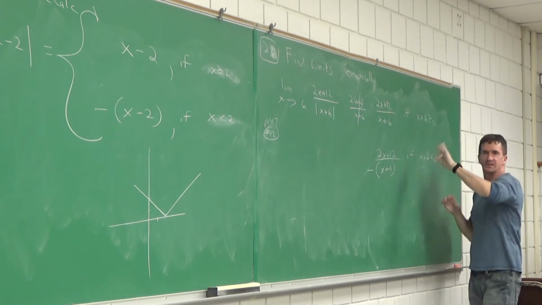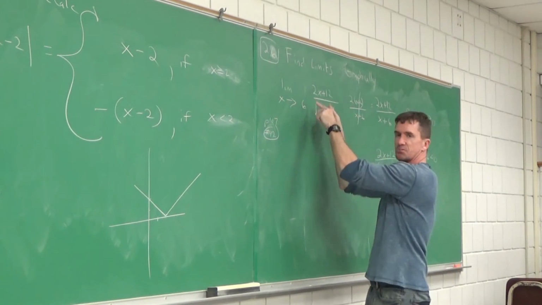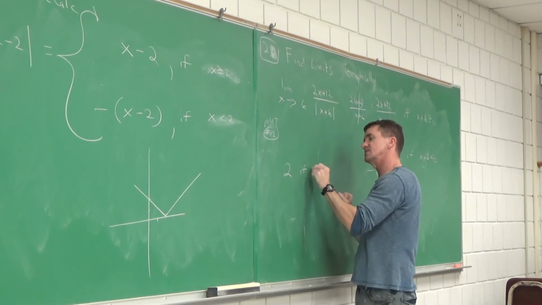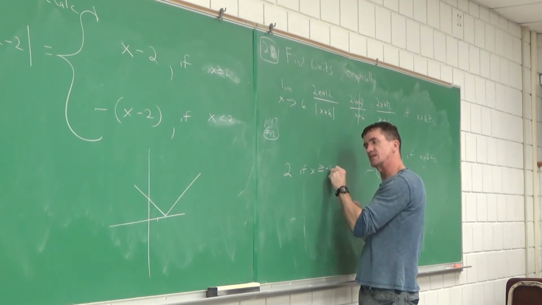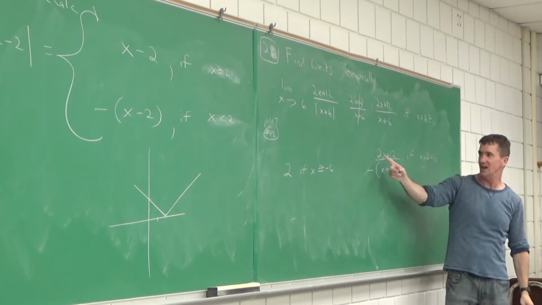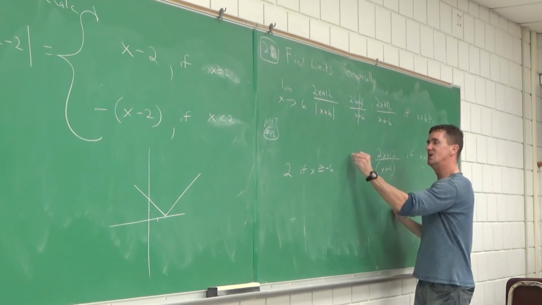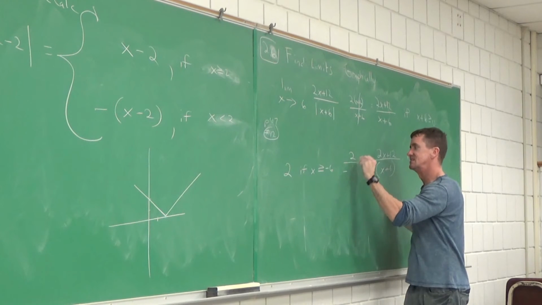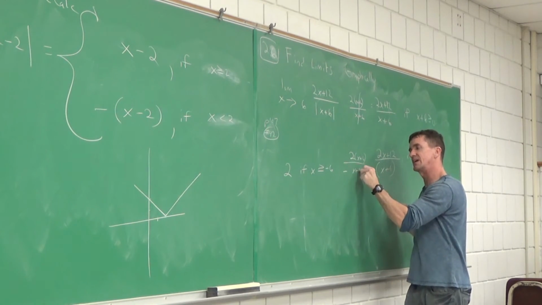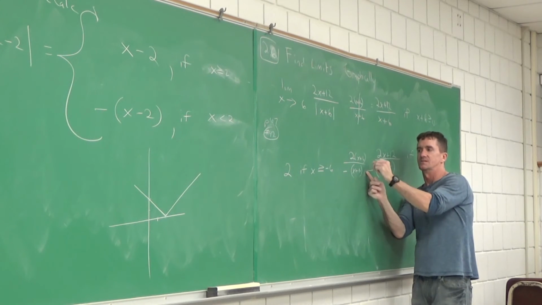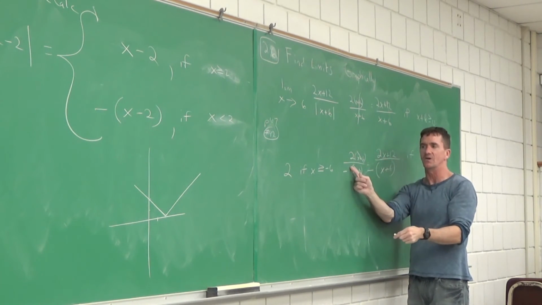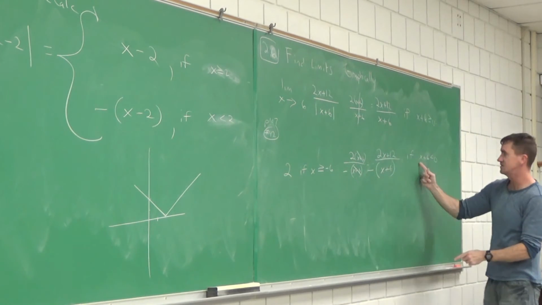So in here, let me just write this cleaner. We're saying this expression right here is just 2 if x is greater than or equal to a negative 6. But what's the other side? Can you clean it up? Oh yeah, what can you factor out of that? You factor out the 2, you got that little negative down there though. You get this x plus 6, you get this x plus 6. What cancels? So this equals this. So this is equal to this. So now it's equal to a negative 2 if what?